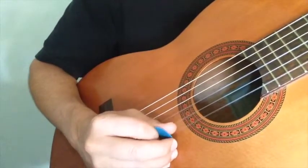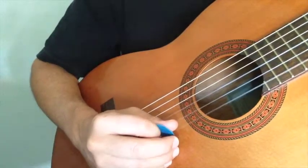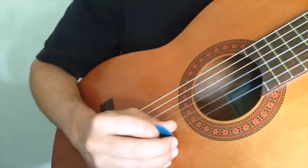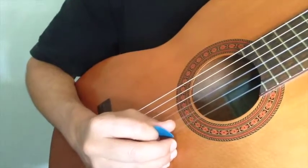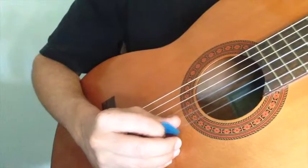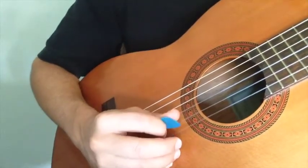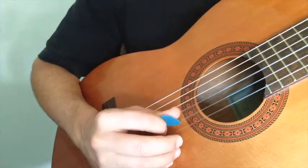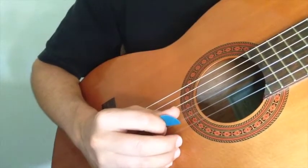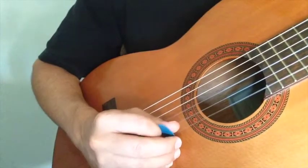So I'm continuing on to the first string now, which will be the last one I warm up on. So as you can see, this is going to come up by the time I finish as about a 10-minute session. So if you could do 10 minutes a day, just like this, just follow exactly what I'm doing, picking slowly on each string, and then occasionally taking it up a bit,